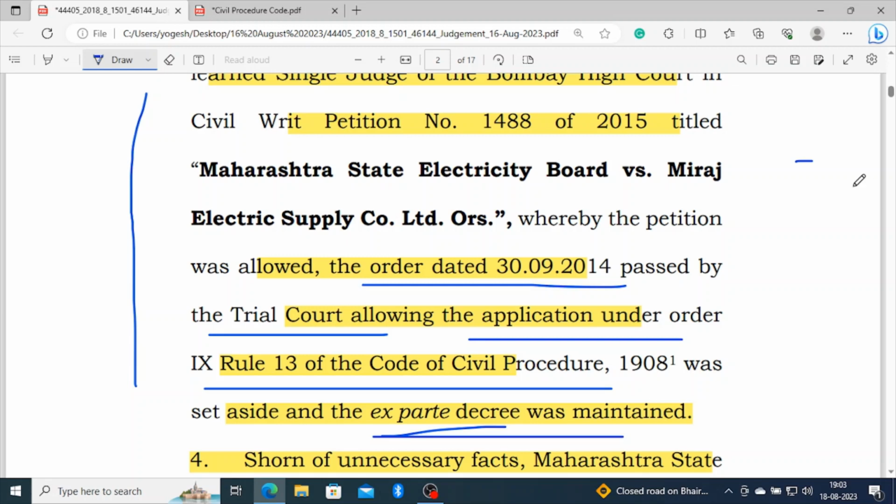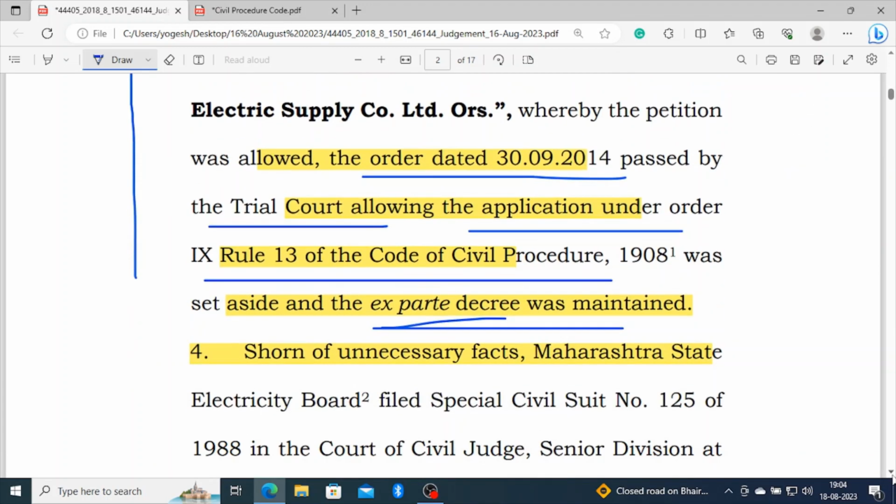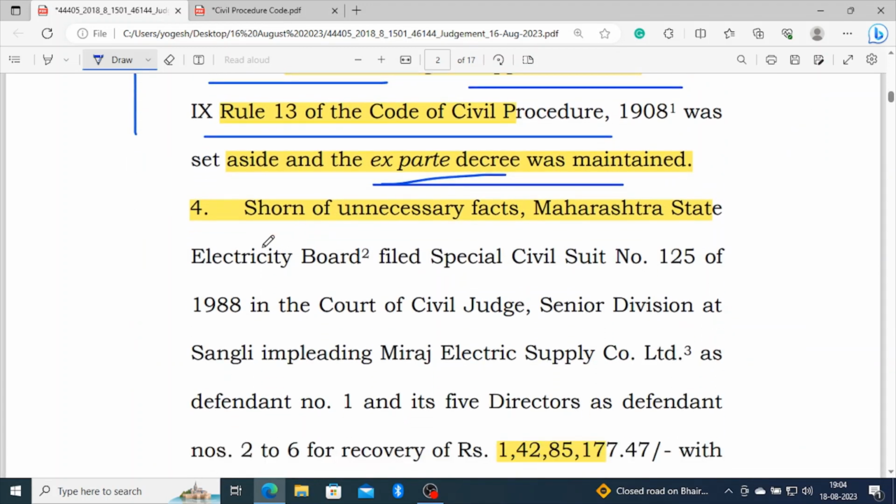So it means the trial court which had passed an ex parte decree gets restored, when the application to set aside the ex parte decree was set aside by the Honorable High Court. So ultimately the respondents have got relief there. So from this it has come out that